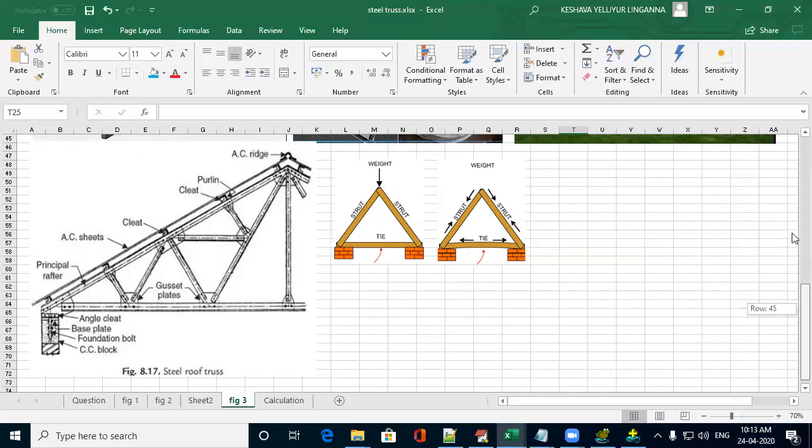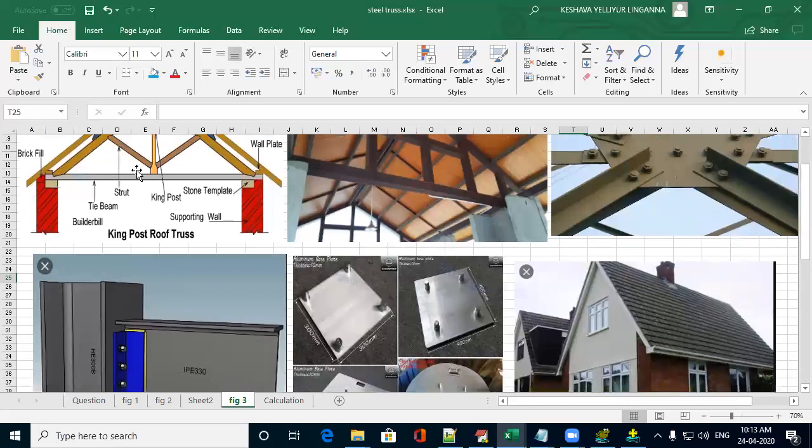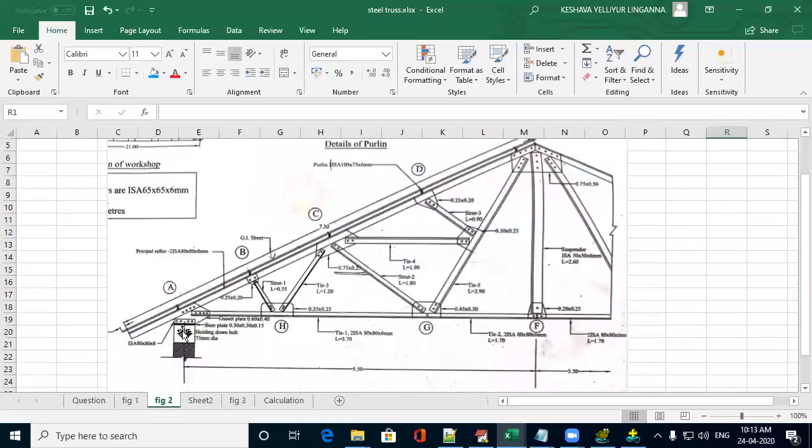What a base plate is: it is used at the supports, wall plate or base plate. These base plates will be at this point. There will be two base plates for a truss. For a single truss, there will be two base plates. Here you can see this is a base plate. The thick line seen here is the base plate of dimension 0.3 by 0.3 by 0.15. Similarly, another base plate will be on the other end. In one truss, there will be two base plates. This is of square shape. This may be a rectangle also, but in this case, it is a square 0.3 by 0.3